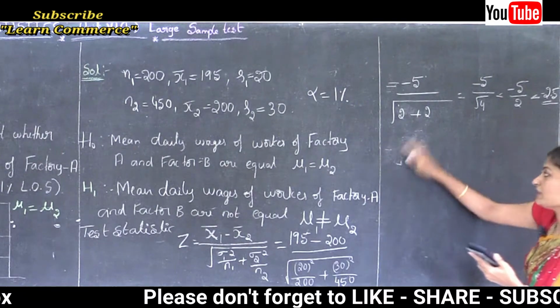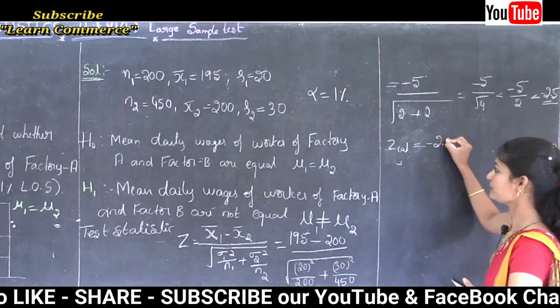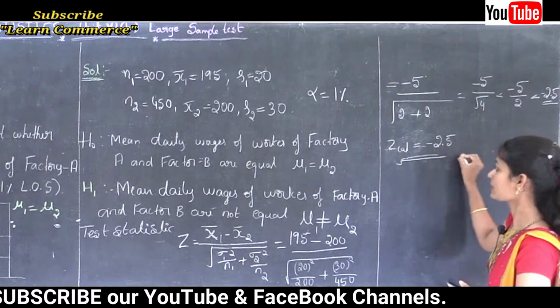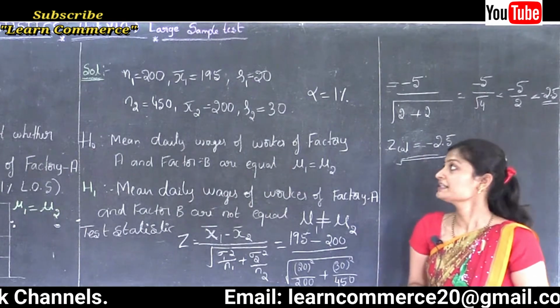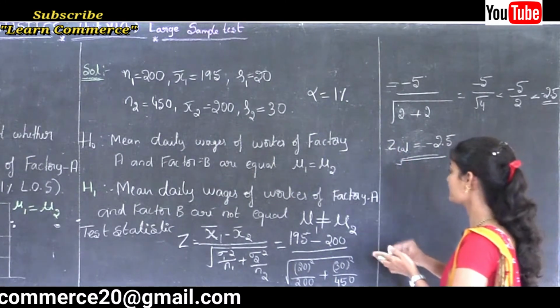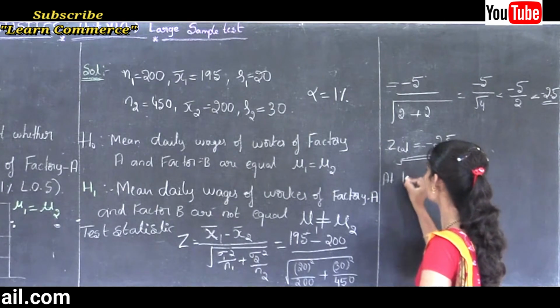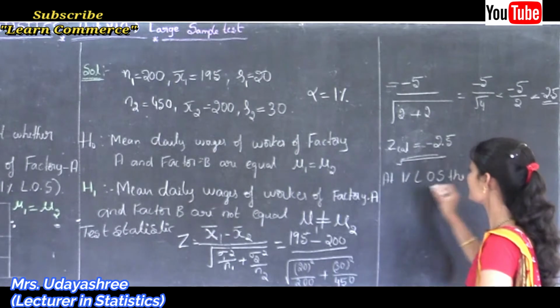So here the calculated value is minus 2.5. Okay, next, this is the calculated value. Next we need to find the critical value. See, here alpha is 1%. So at the 1% level of significance, the critical values are